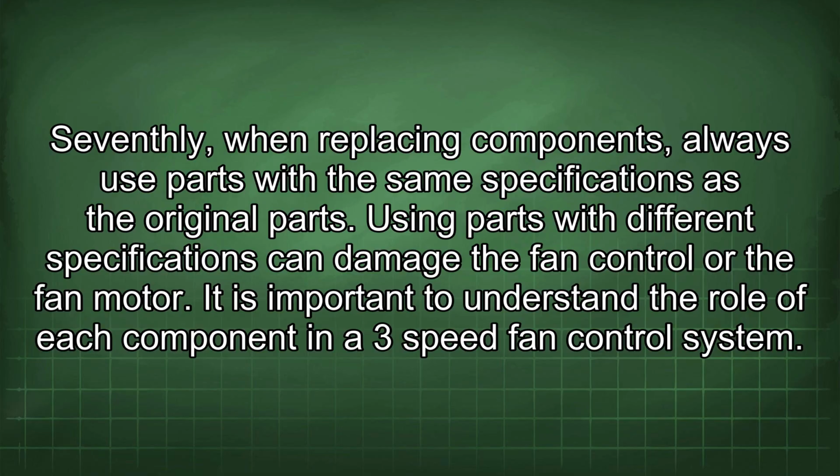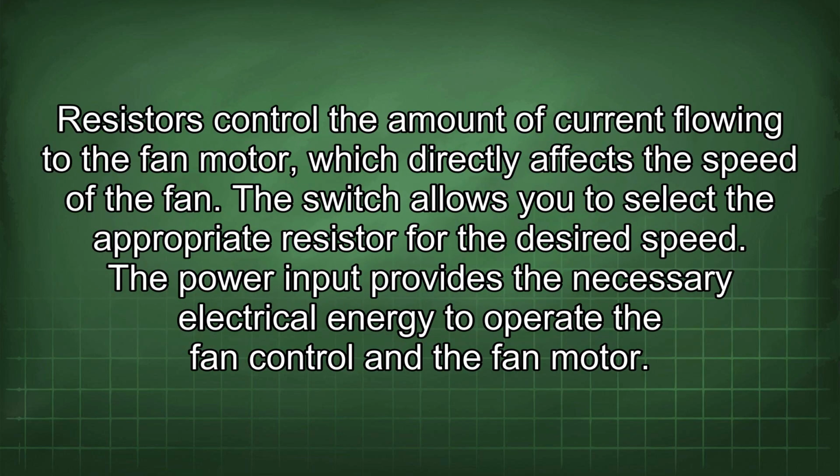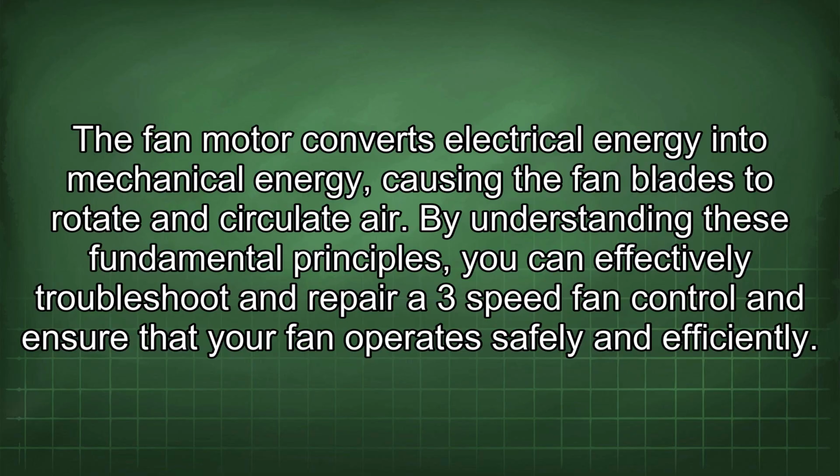It is important to understand the role of each component in a 3-speed fan control system. Resistors control the amount of current flowing to the fan motor, which directly affects the speed of the fan. The switch allows you to select the appropriate resistor for the desired speed. The power input provides the necessary electrical energy to operate the fan control and the fan motor. The fan motor converts electrical energy into mechanical energy, causing the fan blades to rotate and circulate air. By understanding these fundamental principles, you can effectively troubleshoot and repair a 3-speed fan control and ensure that your fan